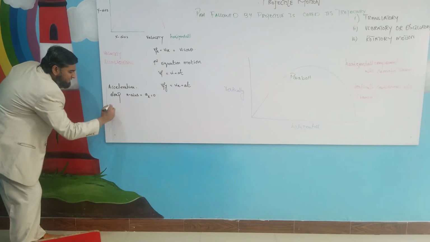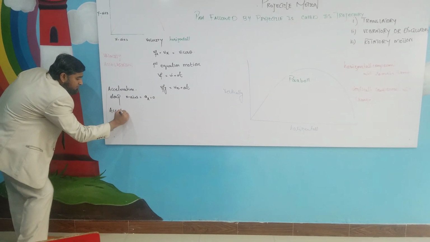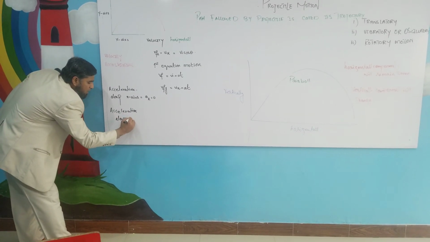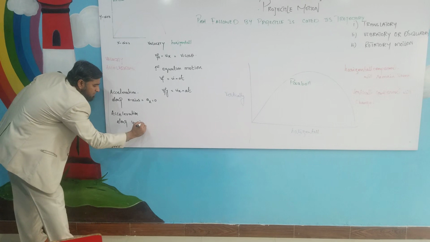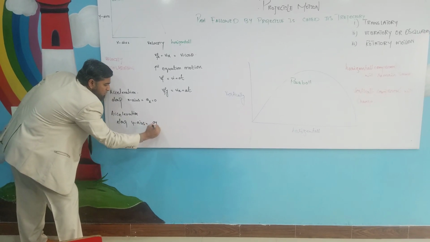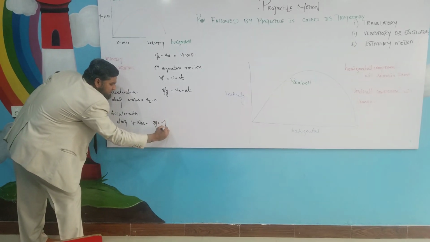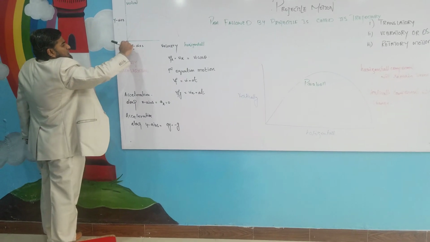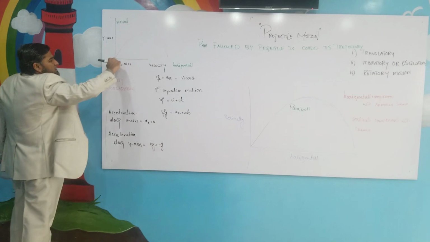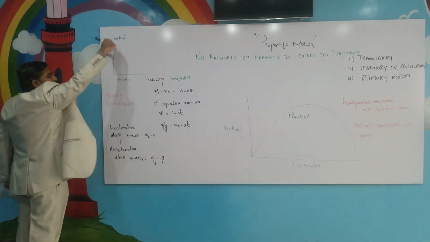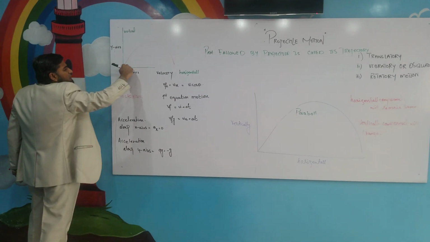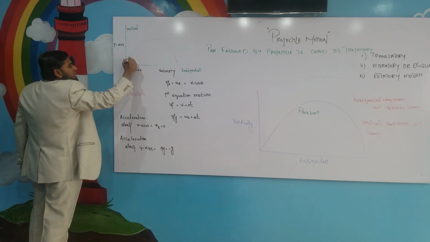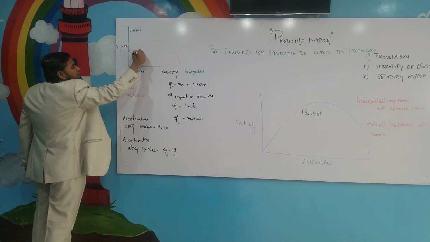Now, acceleration along the y-axis. The acceleration along the y-axis will become ay is equal to minus g, because this is a projectile motion, and here it is your vertical component. As the projectile moves upward, it moves under the action of gravity. Here I will draw these